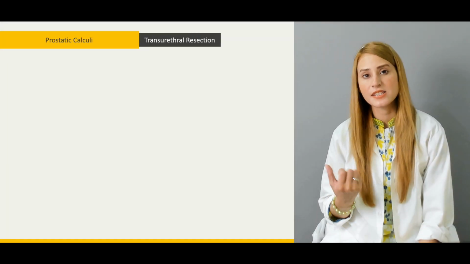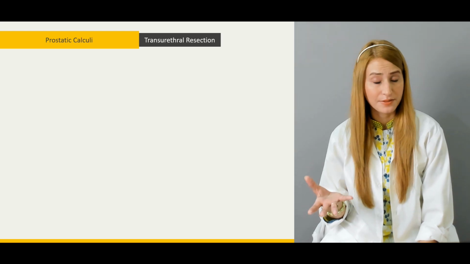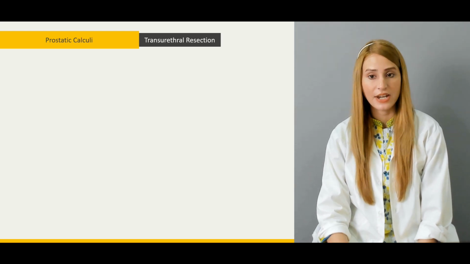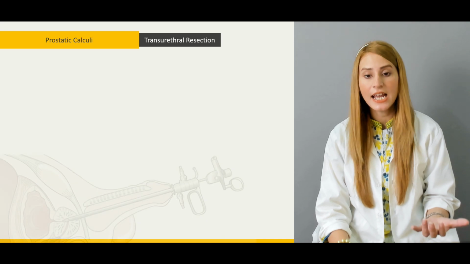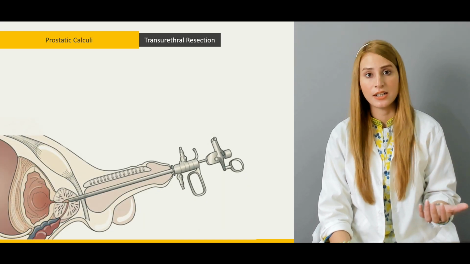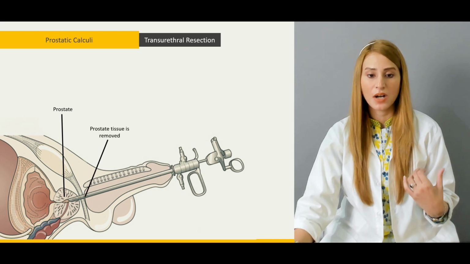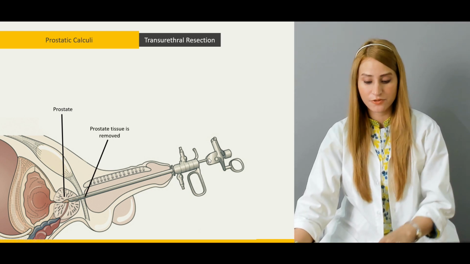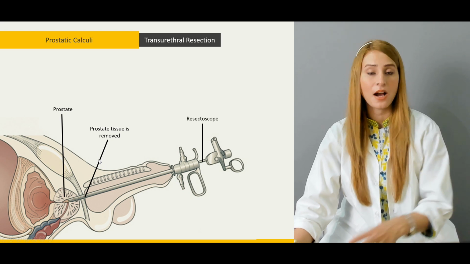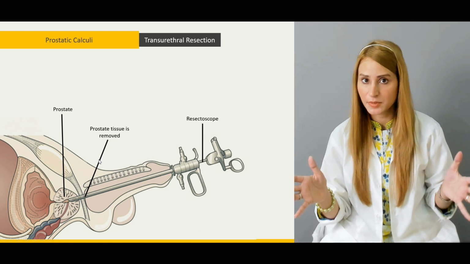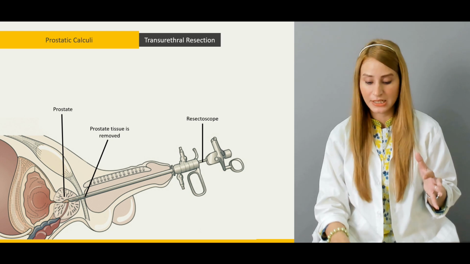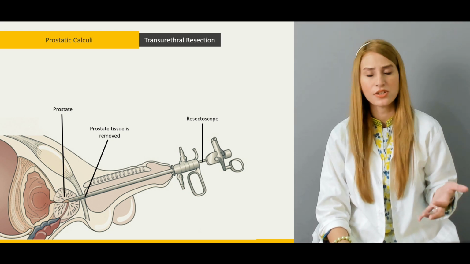There are some other treatment strategies as well, like the transurethral resection of the prostate. This is a procedure we do normally with a resectoscope, and this is the prostate tissue, and with the help of the resectoscope, the prostate tissue is removed. It's a similar procedure to what we do in benign prostatic hyperplasia, and we usually do it when